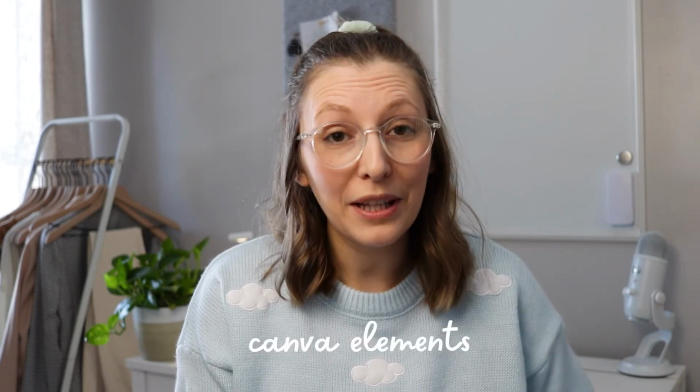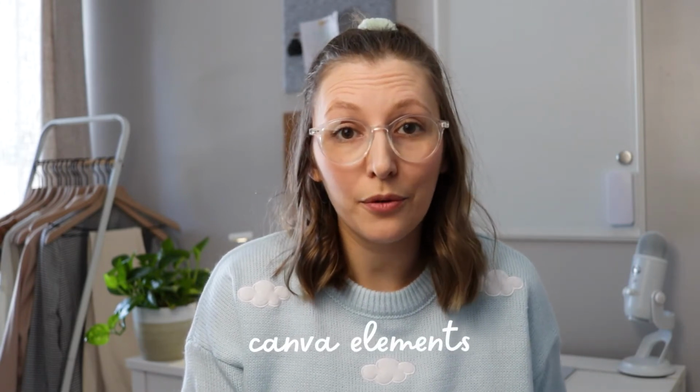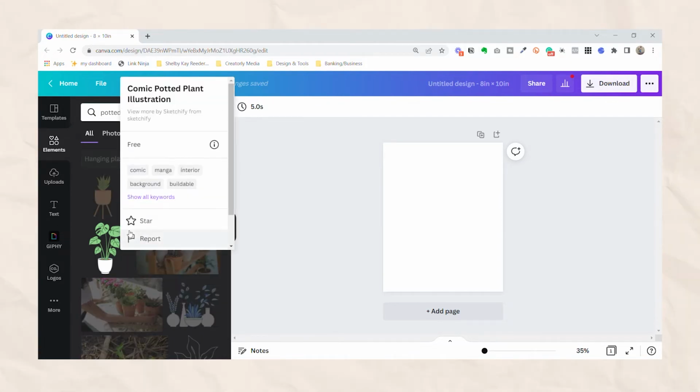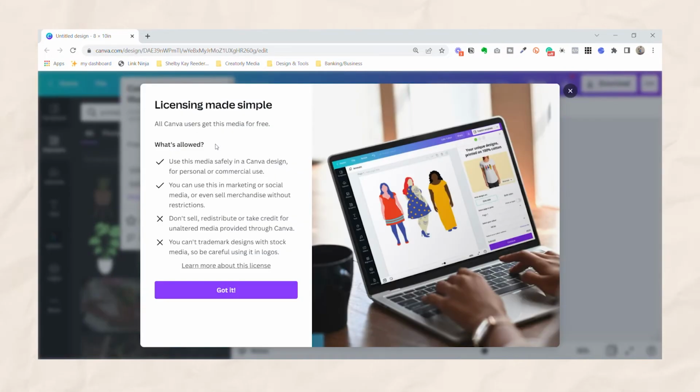So now we're heading back to Canva to decide how we're gonna actually create these designs. In my opinion, there are a few simple options. Option number 1 being to use Canva's copyright-free elements. When I'm using an element from Canva for any digital product I am selling, I will click on the 3 little dots on the element itself and then click the information icon, which will pop open the copyright usage for